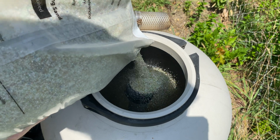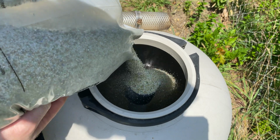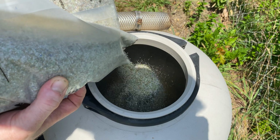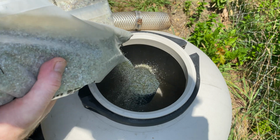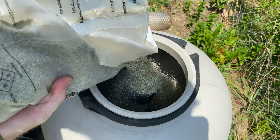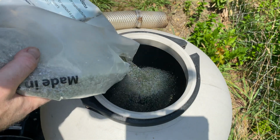So what I'm gonna do is about half of this bag right here in front of you. Looks really cool. You can tell it's all old beer bottles and stuff with all the green and the brown and the blues and the color. Looks cool. We're putting this new media in, right? We're gonna do about half. We're gonna see where we're at. That way we can still